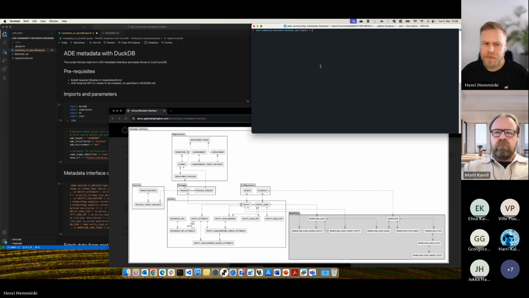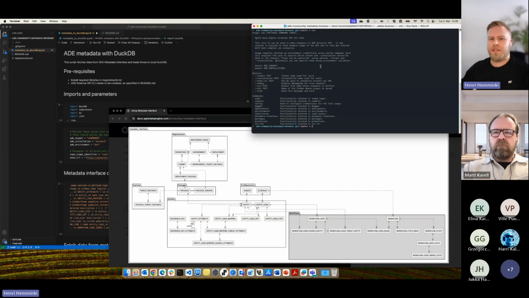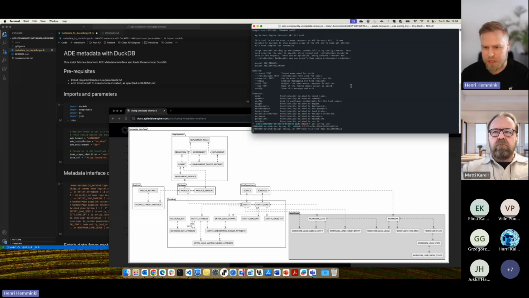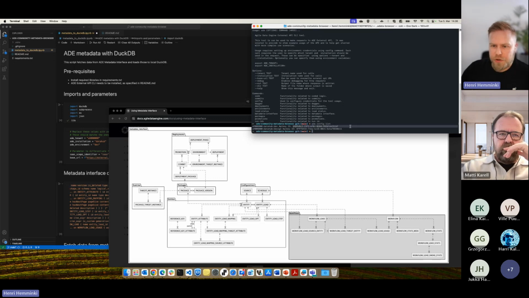First I'll just quickly show how the CLI works. I have the CLI installed here, and I can list what instances I have access to, or what keys I have set up. I have our demo environment set up there, so I already have the keys to that external API. So in case you need to set up those,